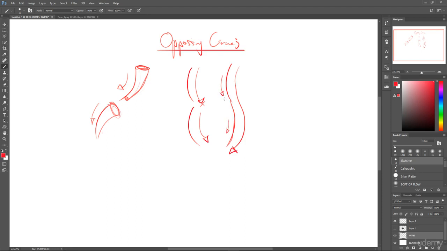In addition, when we're doing opposing curves, we want to make sure that the curves don't oppose in a parallel way. For example, here I have two parallel curves. Yes, they're certainly in opposing curves fashion, but hopefully you can see that the fact that the lines are parallel means that the shapes are no longer dynamic, and there is no directionality in the shapes, even though we're using opposing curves theory. So what we want to do is take dynamic shape and form theory and add it to opposing curves theory,